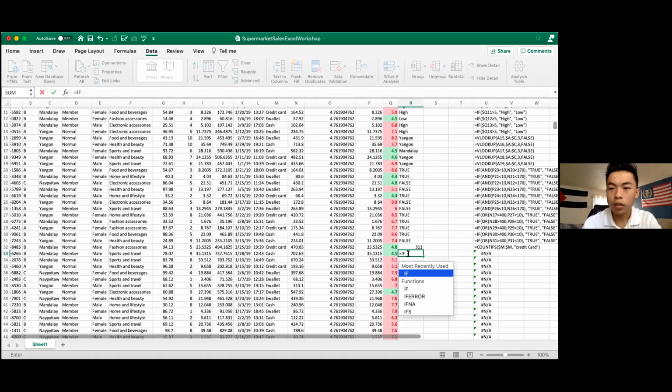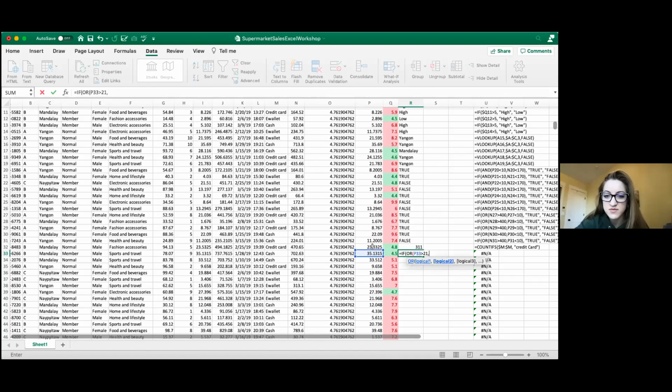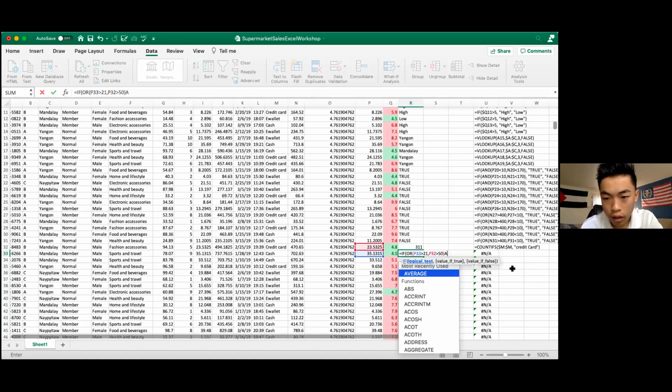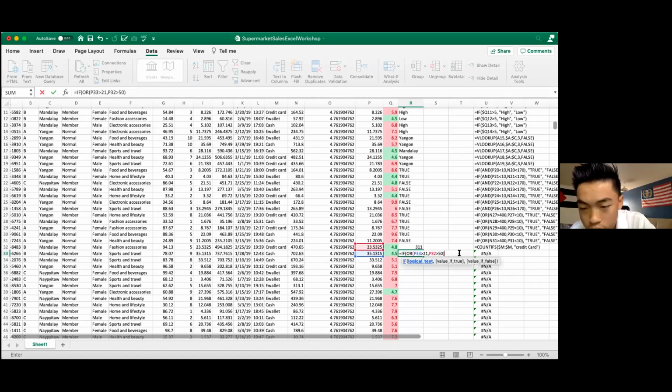Actually, you wouldn't use that. You would probably just use OR for that. Yeah, I get what you're saying here. Let's say you write OR, and then if this number is greater than 20, my logical test, my next one, if this one's greater than 50, then AND. I don't know if you could, usually I would just use